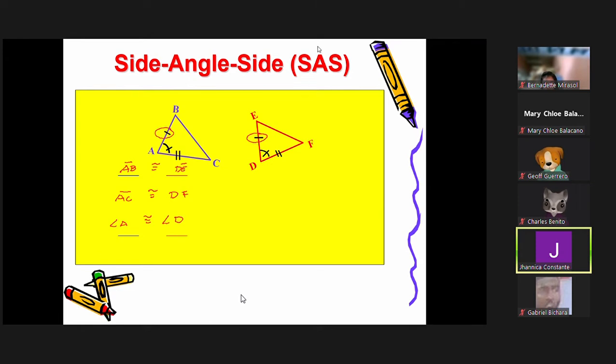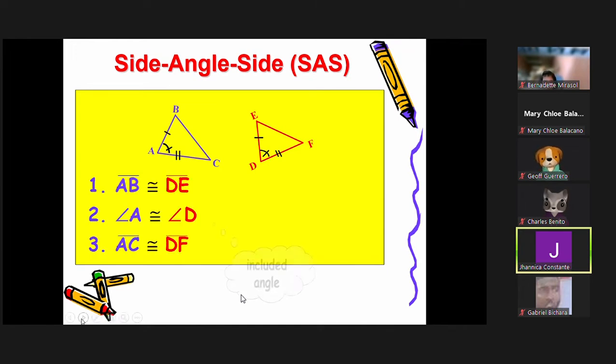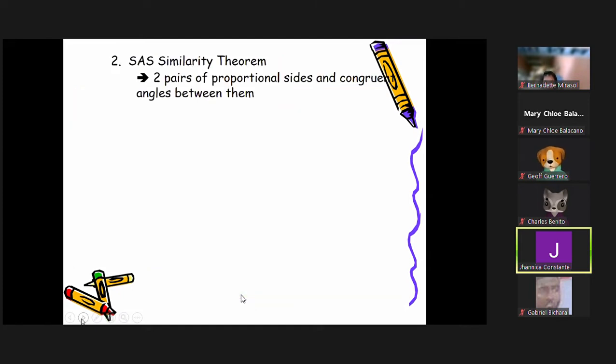But what will happen or anong gagawin natin kung walang identification of the symbol that they are congruent? The same with the side, side, side. Paano kung magkakaiba ang measurement ni angle at magkaiba rin ang measurement ni side? What are we going to do or how we can prove that the two triangles are equal using the side angle side theorem? So for example, we have this triangle. Okay. So two pairs of proportional sides and congruent angles between them. So let's say we have a triangle